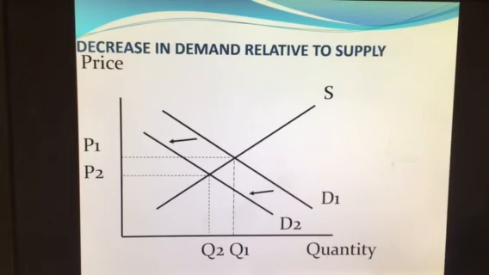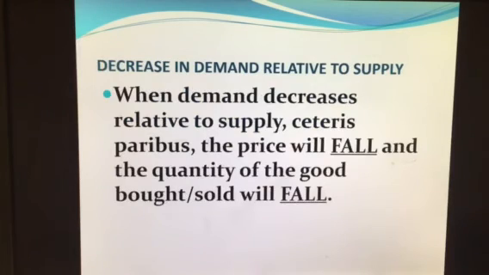And the result is that fewer goods are offered and at a lower price. That's the effect of a decrease in demand. When demand decreases relative to supply, ceteris paribus, the price will fall and the quantity of the good bought and